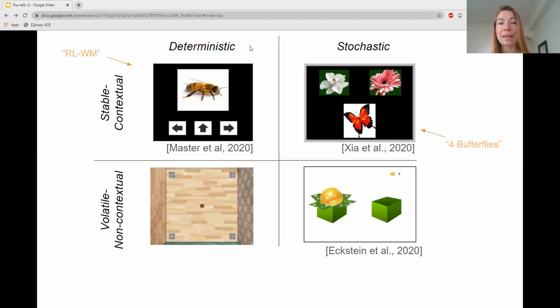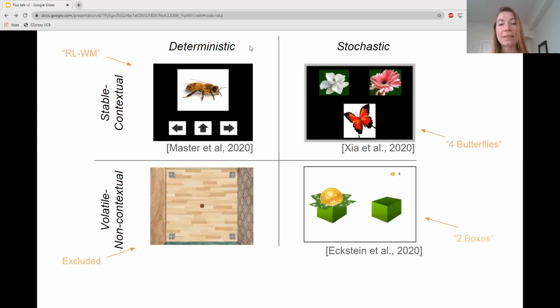Each butterfly has a stable preference for 1 flower, and participants get a stochastic reward with 80% probability when they choose the right flower. Nevertheless, sometimes the butterfly likes the opposite flower, and participants get a reward with 20% probability when they choose the incorrect flower. We unfortunately had to exclude the volatile deterministic task because too many participants didn't reach criterion performance.